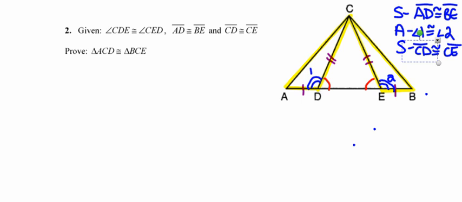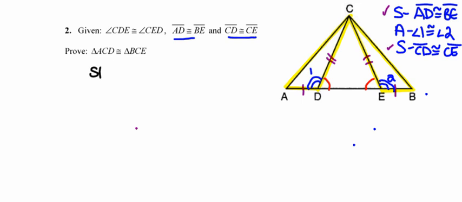And now that I've got my outline, I've got my plan, I'm all set to go ahead and start to write. Notice that two of these pairs of sides were told to me in the givens. And anytime you have two statements that are true for the same reason, remember, we can put them together in our proof. So I'm actually going to start by writing not just about one of those pairs of congruent sides, but about both. And maybe for the sake of our statement and reason people out there, I'll do a statement